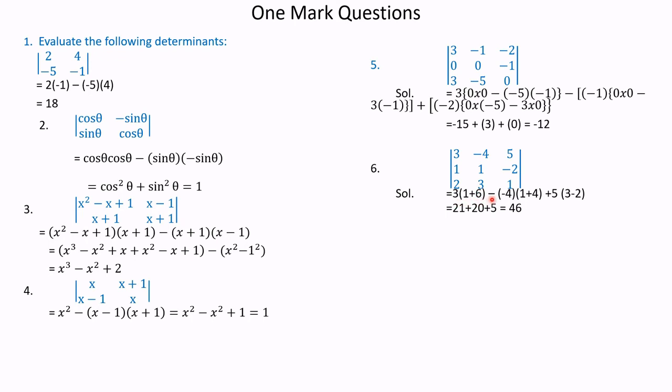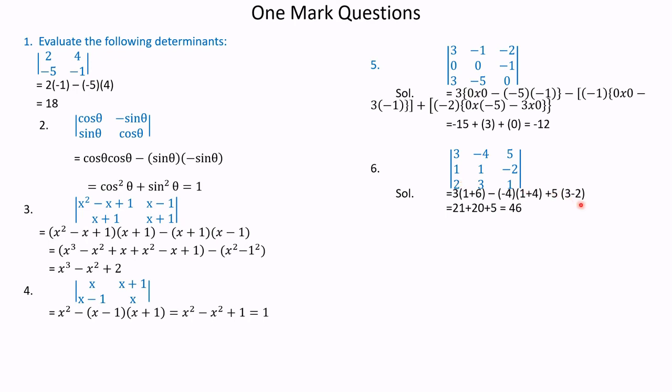And next element is minus. When we take, this is plus, this is minus. So minus 4, this minus 4, cancel this column and this row, we get the remaining 1, minus 2, 2, 1. Therefore, 1 into 1 is 1, it is written here. Minus of minus is plus, 2 into 2 is 4. Then next is 5. We will take element 5. 5 into, cancel this column and cancel this row. 1 into 3 is 3 and minus 1 into 2 is 2.